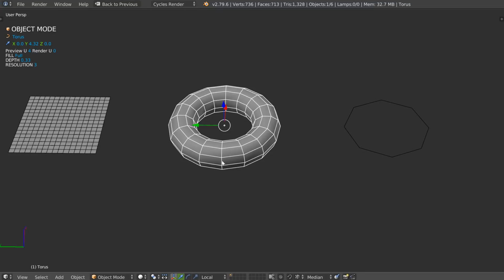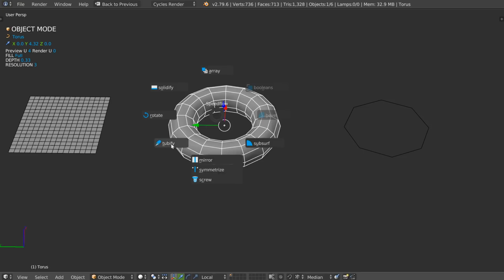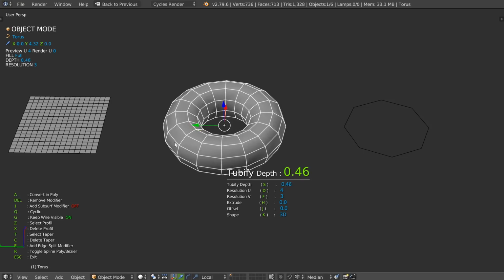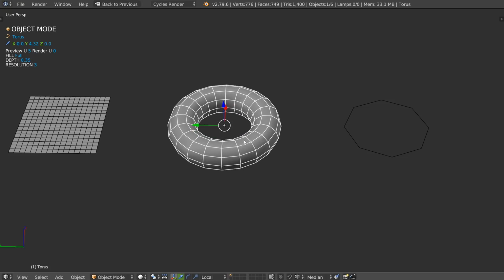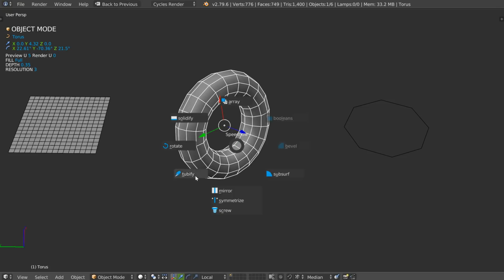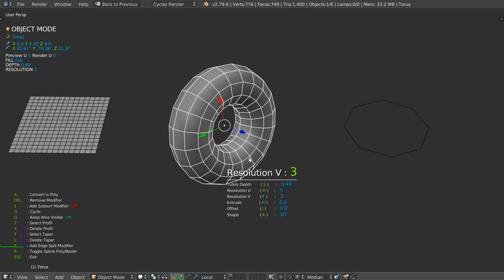This one is just in fact a curve like that with a Tubify. So if I edit my curve like that, I can do whatever I want in U and V resolution, even the depth. I can make a rotation, I can call Tubify again, and change everything again.